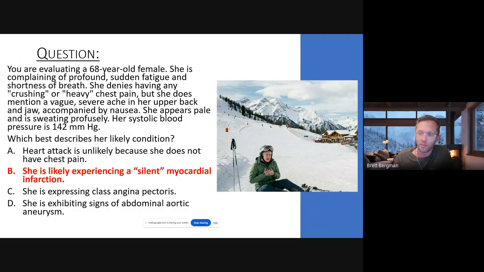And so the most common complaints in patients that are having an atypical presentation, they'll still have shortness of breath and fatigue. They might get some kind of upper back pain, abdominal pain, and nausea. A third of all patients. It's much more prevalent in females, but when they look at the total aggregate of heart attacks, a third of them have no chest pain.